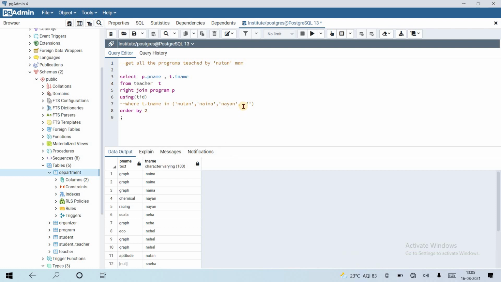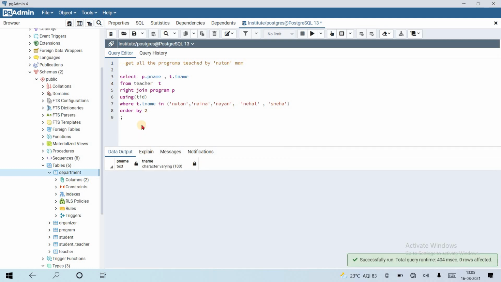Nehal, Nutan, Sneha. Now also it is not fetching data, so there is no match found because of this right join.